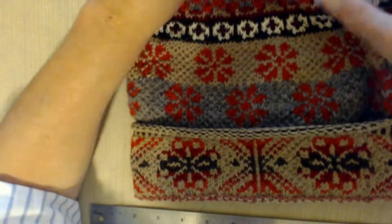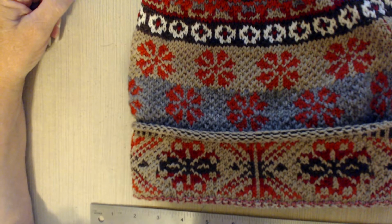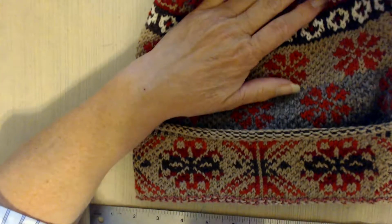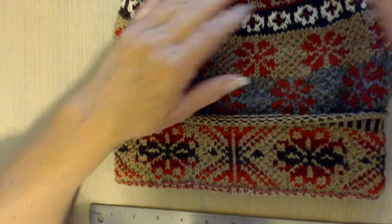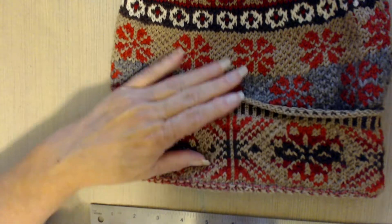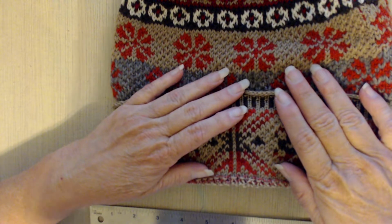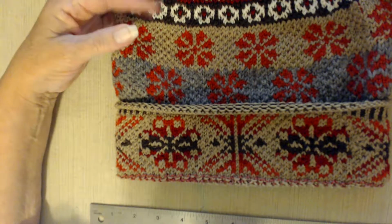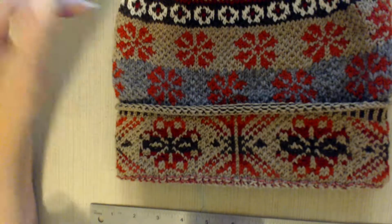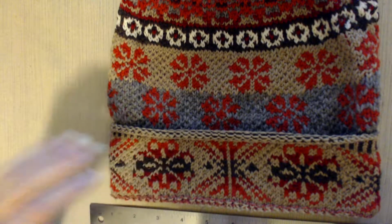And these are my Fisherman's Cap, and the pattern is Annie Sinclair. You can go to the Fisherman's Cap website on Facebook. It is a private group, but you can ask them to join, and they'll ask you a few questions about color work or why you want to knit color work, and you just answer the questions, and they'll let you join. And there's a PayPal account where you can purchase your pattern, and it gives you the working knowledge. It doesn't actually give you a pattern, it gives you a recipe, and it gives you charts